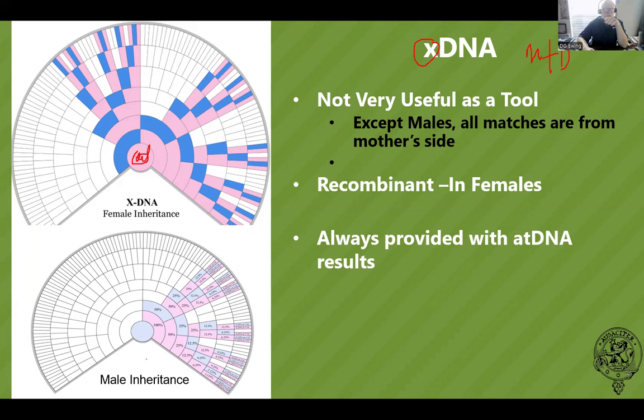You or your mother get an X from mom and you get an X from dad. Well, the dad got it from his mom only, and she got it from her dad and her mom. And then, so you see that there, this X here has no